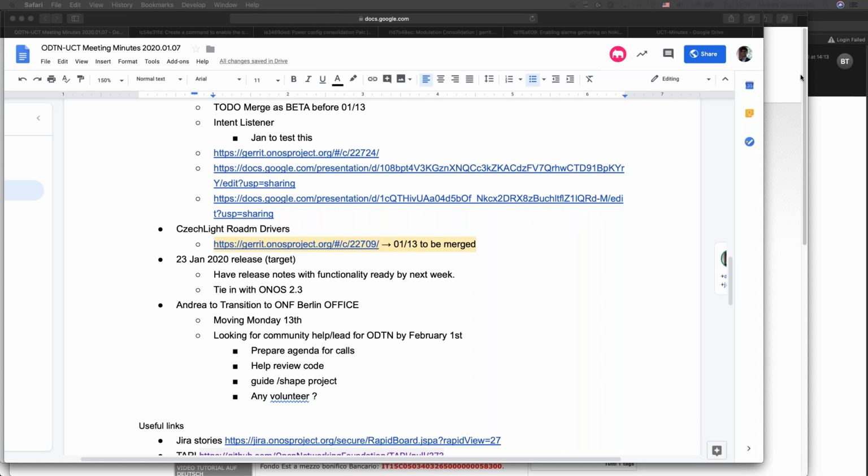Concerning this Berlin office, ONF office in Berlin, what is the point? Is it to have a replication of the ONF office in the US?